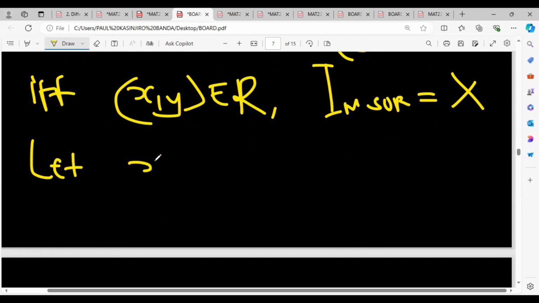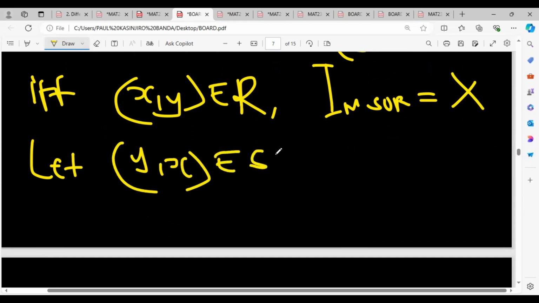So now you can say, okay, you can say Y comma X. Let Y comma X be a member of the relation S of R. Then what would this mean? It would mean that there exists